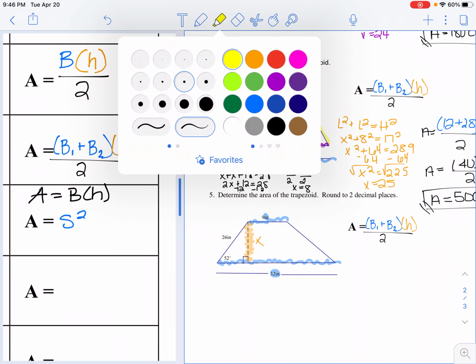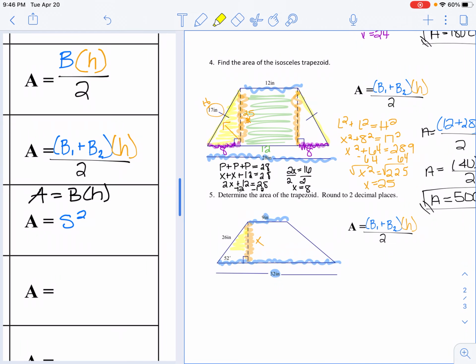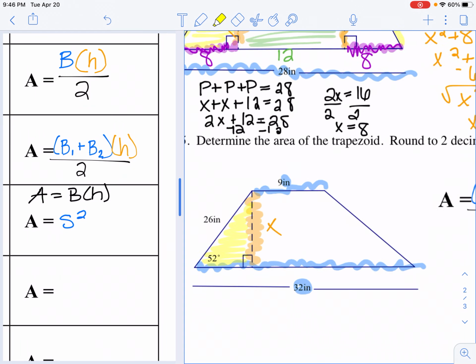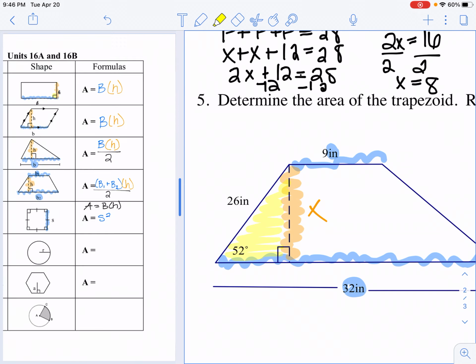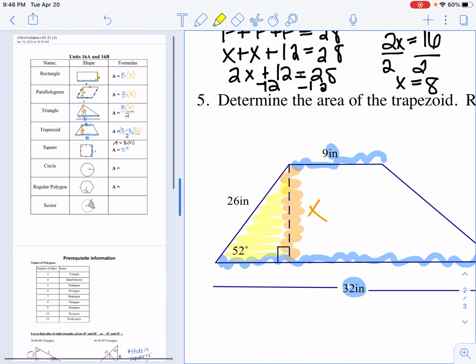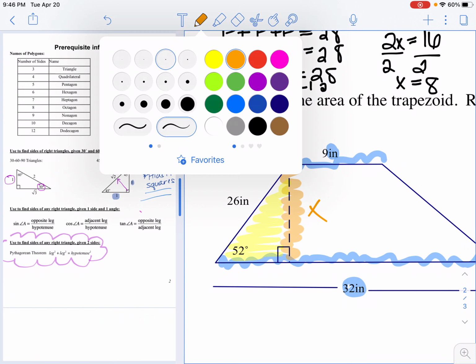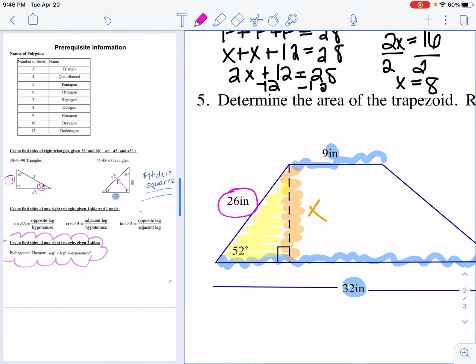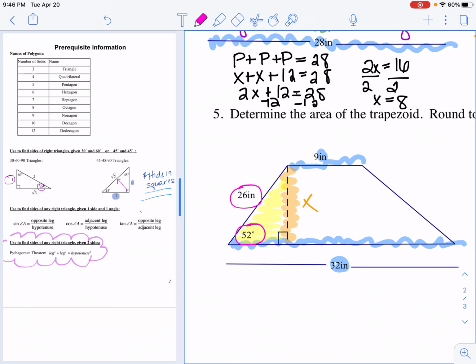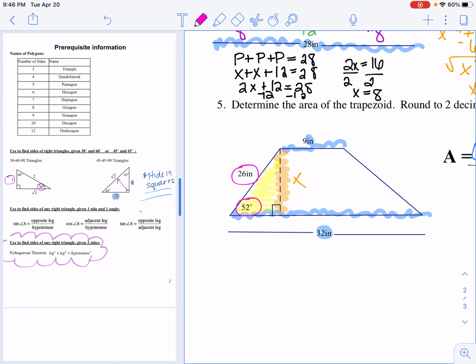Again, we are going to zoom in on this right triangle and use this to help us. Using the right triangle relationships that we practiced above, we're going to see that we have a side length and a 52-degree angle. When you have a 52-degree angle, that's going to lead you to